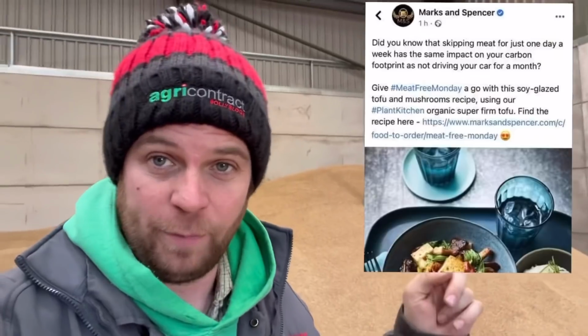Don't know whether anyone noticed last night, but Marks and Spencer's put this up. So if you look at the top, the paragraph there, after a few hours of everyone going, that is completely false. There's no way that giving up meat one day a week for a year is enough to save you enough carbon to drive your car for a month. They then suddenly realised, and then they edited it to this,